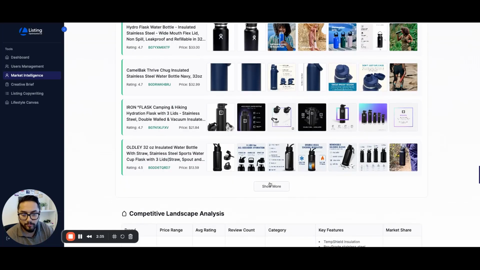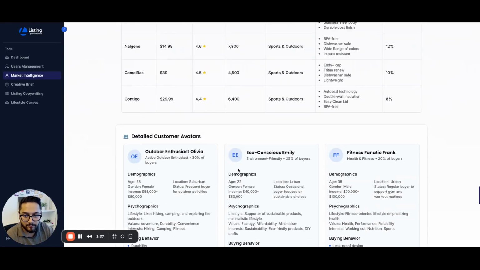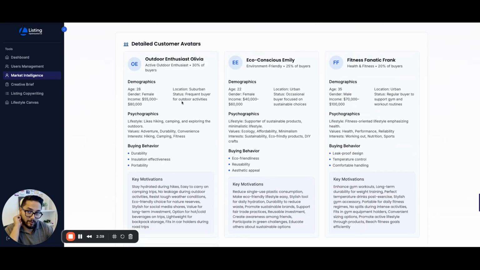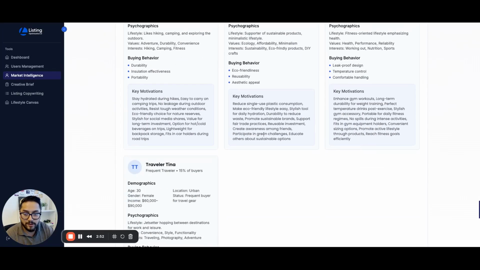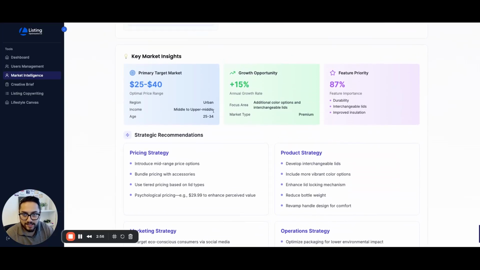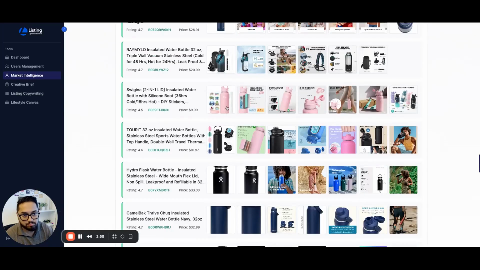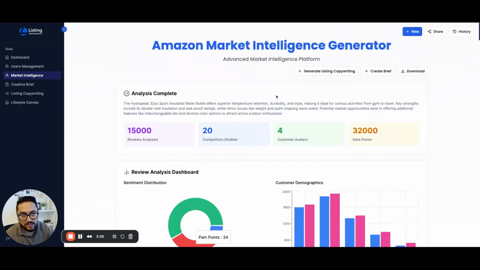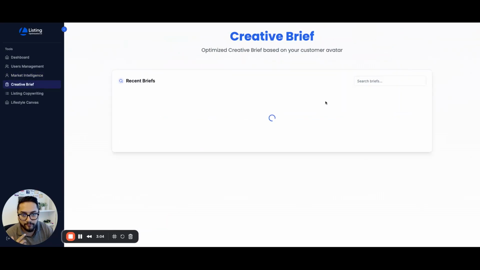It really does a proper market intelligence report. You can see your competition over here. Very detailed customer avatars are built out, like who exactly is buying your product. For example, 30% of the buyers are outdoor enthusiasts, eco-friendly people, fitness people. So these are very detailed customer avatars, and there is some extra market report. Once this is done, you can just click on create brief over here, and your brief will start